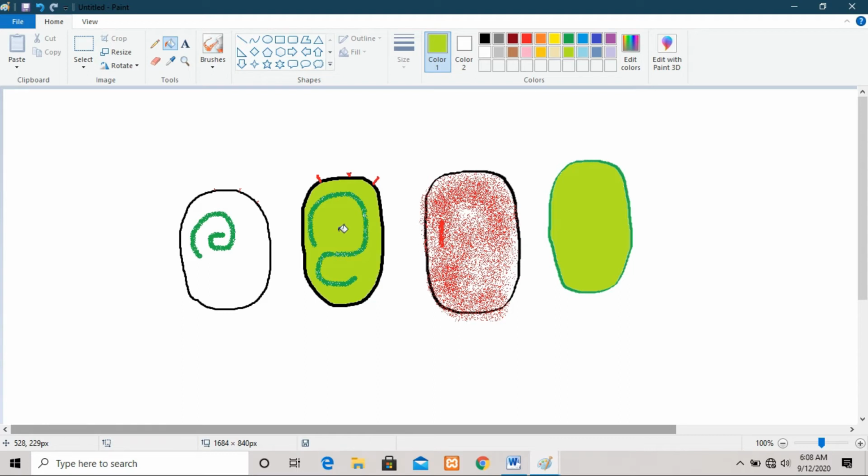Fine. Now, next tool is the text tool. What is the use of this text tool? It is used if, suppose, in a drawing you want to type or write something, then you can use this tool. So to use this tool, you have to click on it and go to the part of your drawing where you want to write something. So I want to write something on the top.